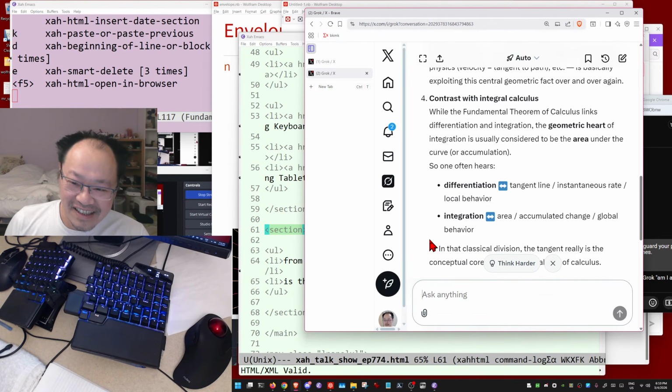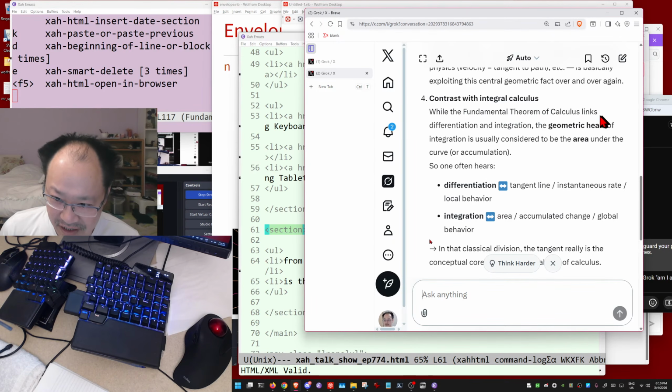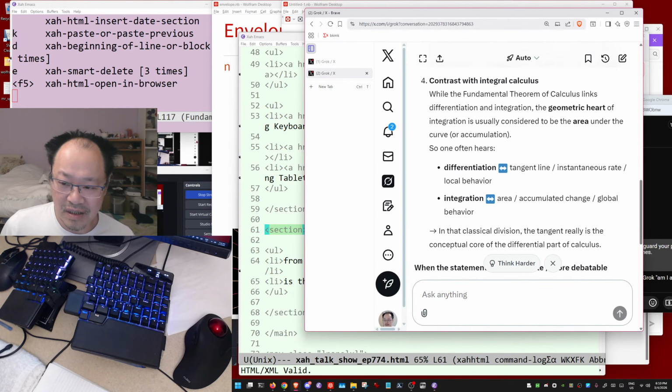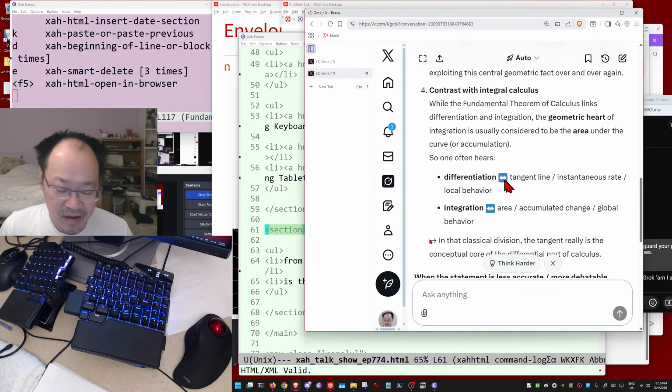So, contrast with integral calculus. While the fundamental theorem of calculus links differentiation and integration, the geometric heart of integration is usually considered to be the area under the curve. So they are talking about the